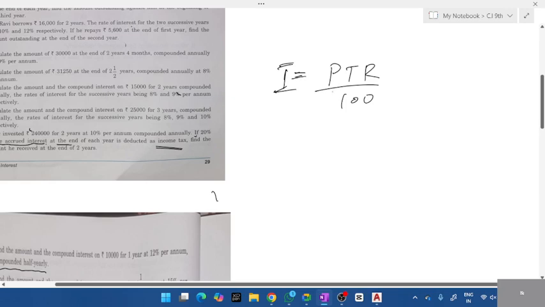Interest is equal to PTR by 100. This is the formula, students. If it is given for multiple years, say time is equal to 2 years, how do you solve this question? If time is 2 years, first